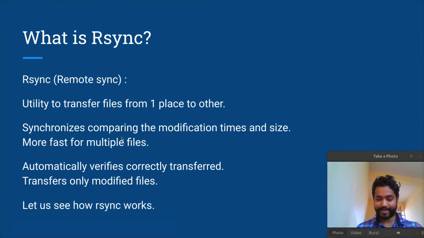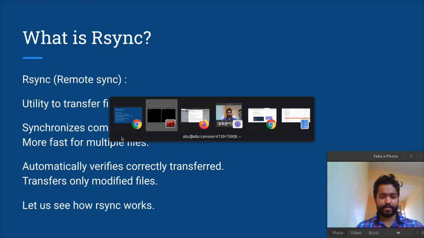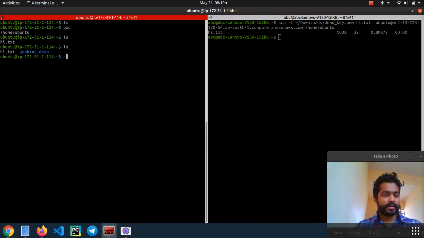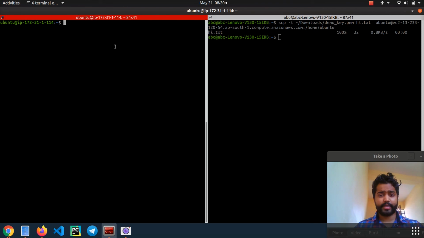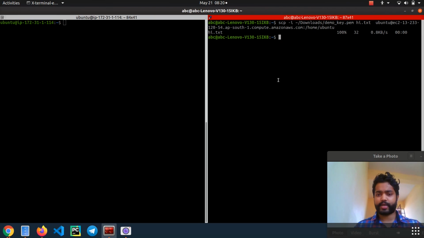So let's see how rsync works. Here we are. I'll just remove these two files. sudo rm -r recursively deleted everything, right? So we'll just try doing the same things with rsync.